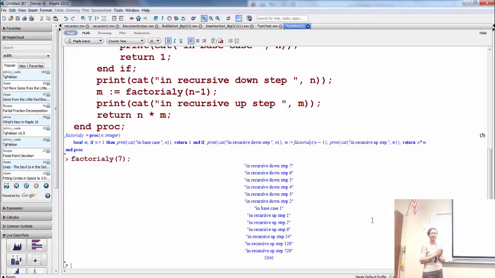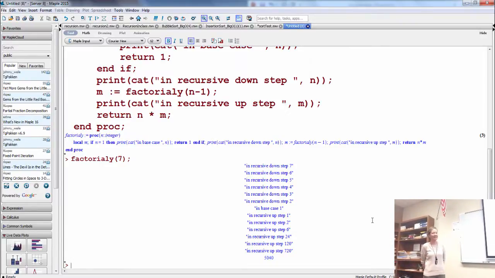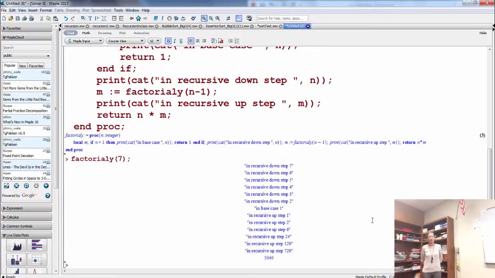In Java, I like to use the debugger, and you can step through and see the method calls pushed onto the stack and then popped from the stack, and you can watch your variables change. We do that in 39. Maple doesn't really have that, so we do old school debugging. We trace our variables. So everybody kind of got that, how to trace them, and factorial should be pretty easy. All right. Cool.